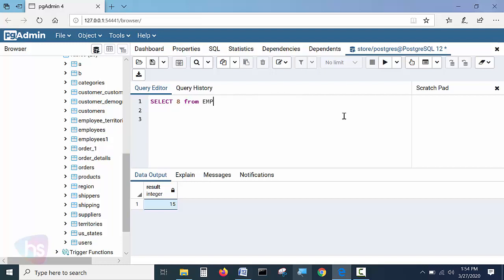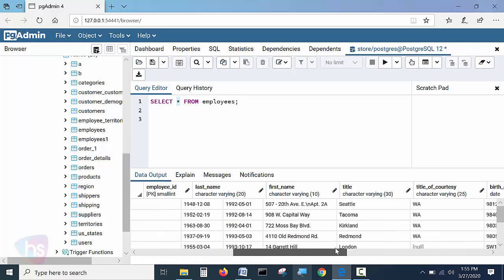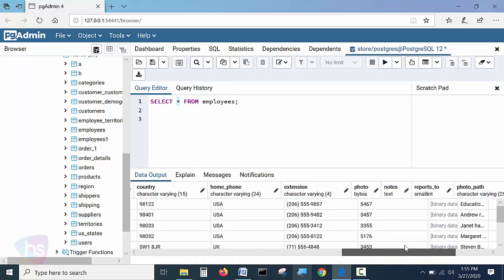Yes, I have to mention a star here. That's it. Using the terminator and F5 to run the query, the complete table is shown with all the columns.